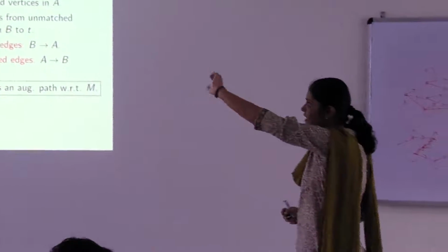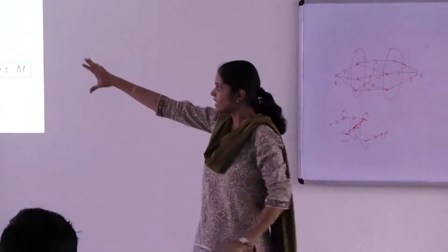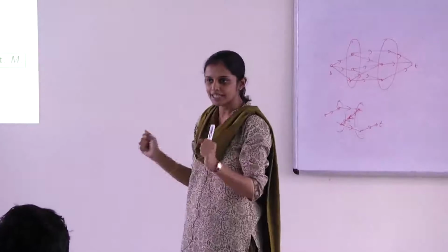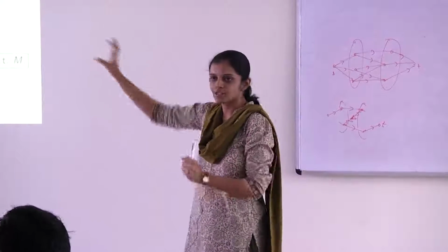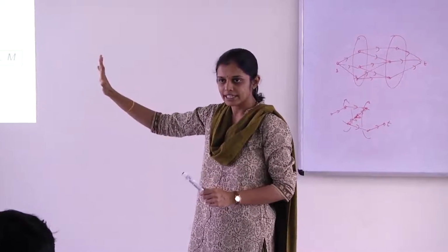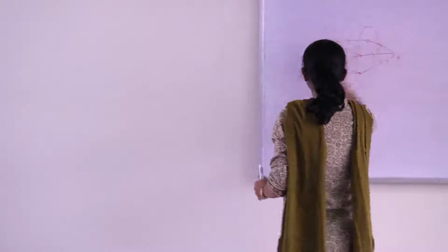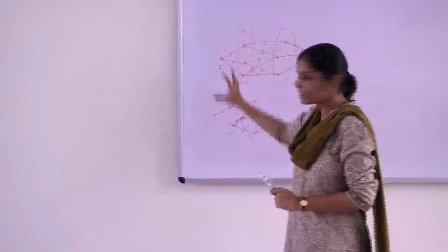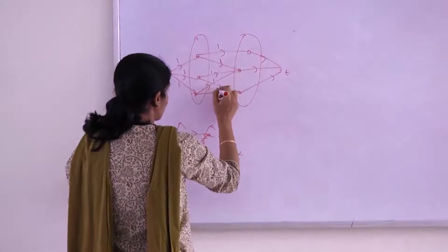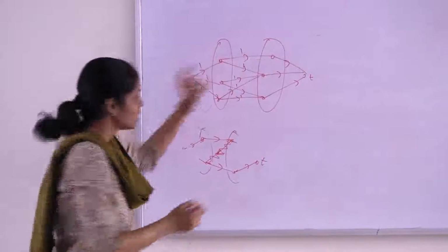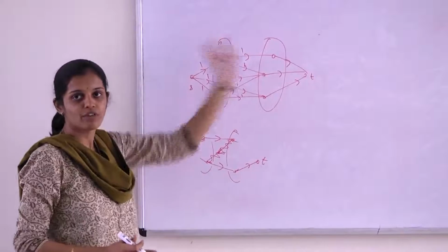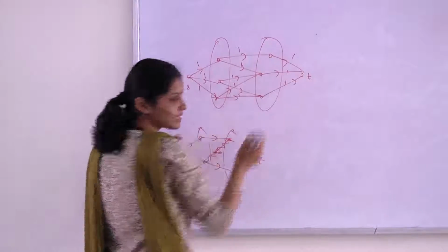you can think about this as a flow network where S and T are the dummy vertices which are added. You want a max ST flow, but every edge is actually of capacity 1. You remember that the edges are directed. Initially all the edges are directed from A to B, that is your network. You have S, these are unit capacity edges. The flow network of course asks you to give capacities. And now you want to know what is the maximum flow that can go from S to T. Of course these also have unit capacities.